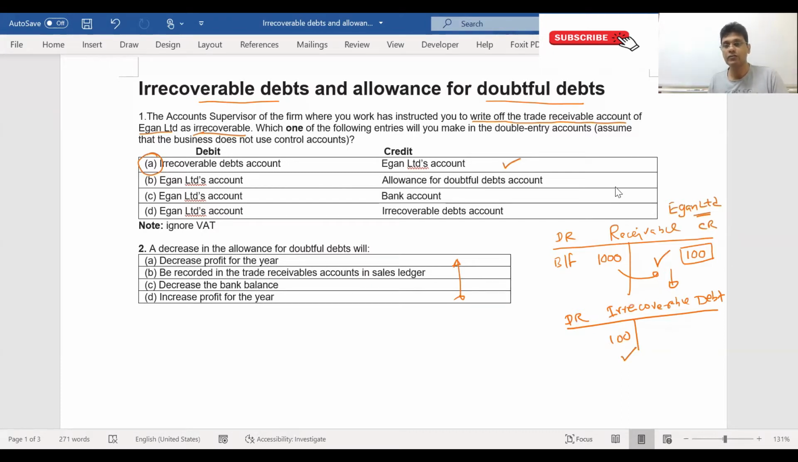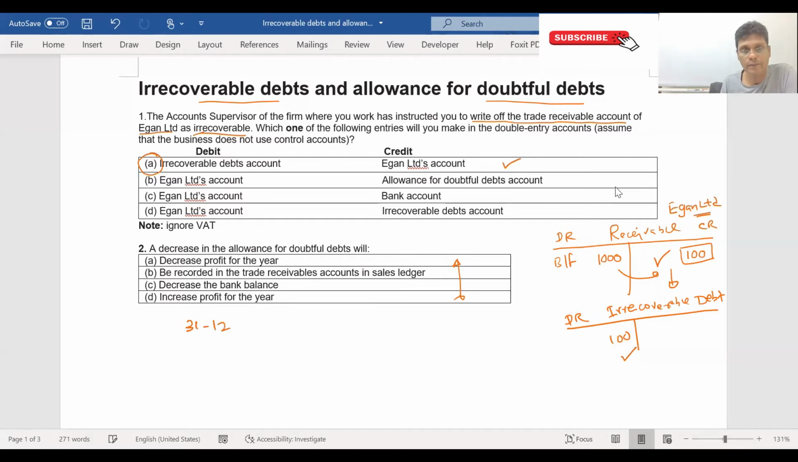If there is an allowance for doubtful debts, it will not reduce your receivable. Instead, an allowance will be made, and in the statement of financial position, you need to net it off against your receivable. So it will not be written off against your receivables. Now what will happen with a decrease in the allowance for doubtful debts? Now let's assume